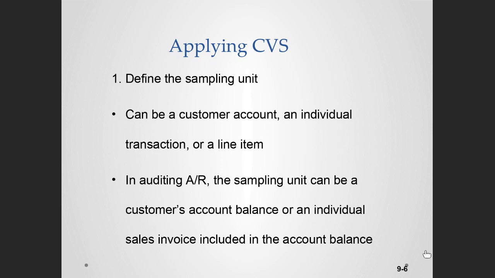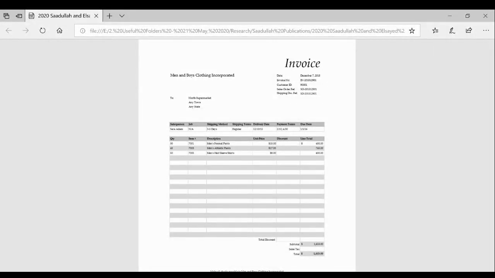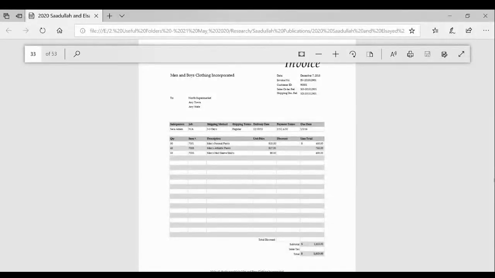Here, you see on your screen a sales invoice, and you can zoom in if you're not able to see this. You remember our client, Men and Boys Incorporated, in the example that we looked at in the previous class, the customer of the client, right? What is the name of the customer of the client? No, that's the client, right? That's the client. The name of the customer of the client,